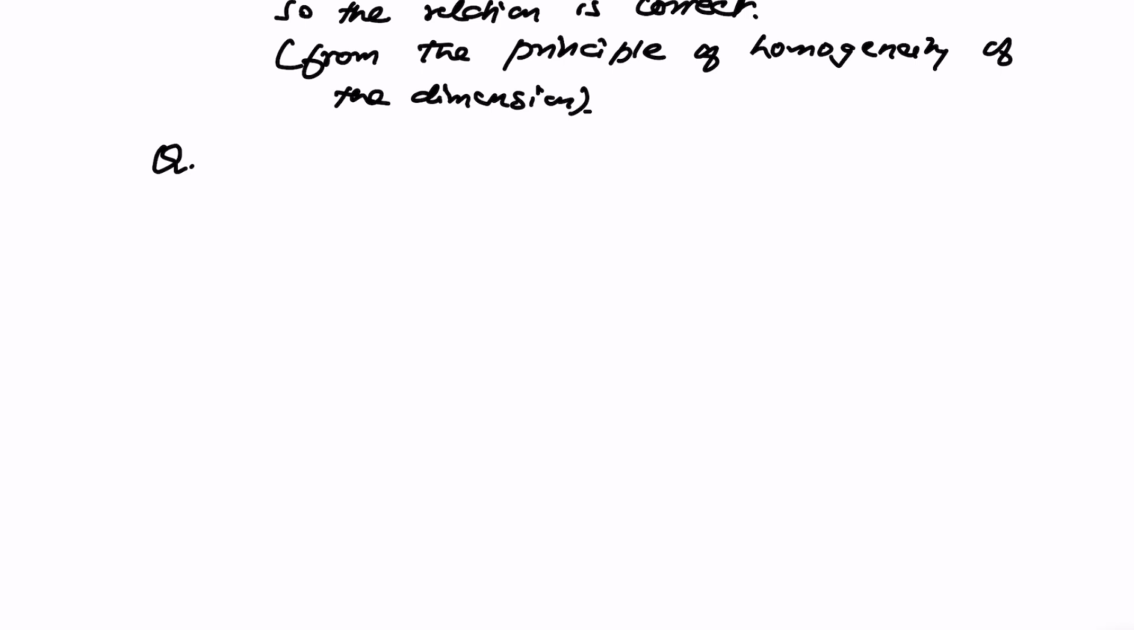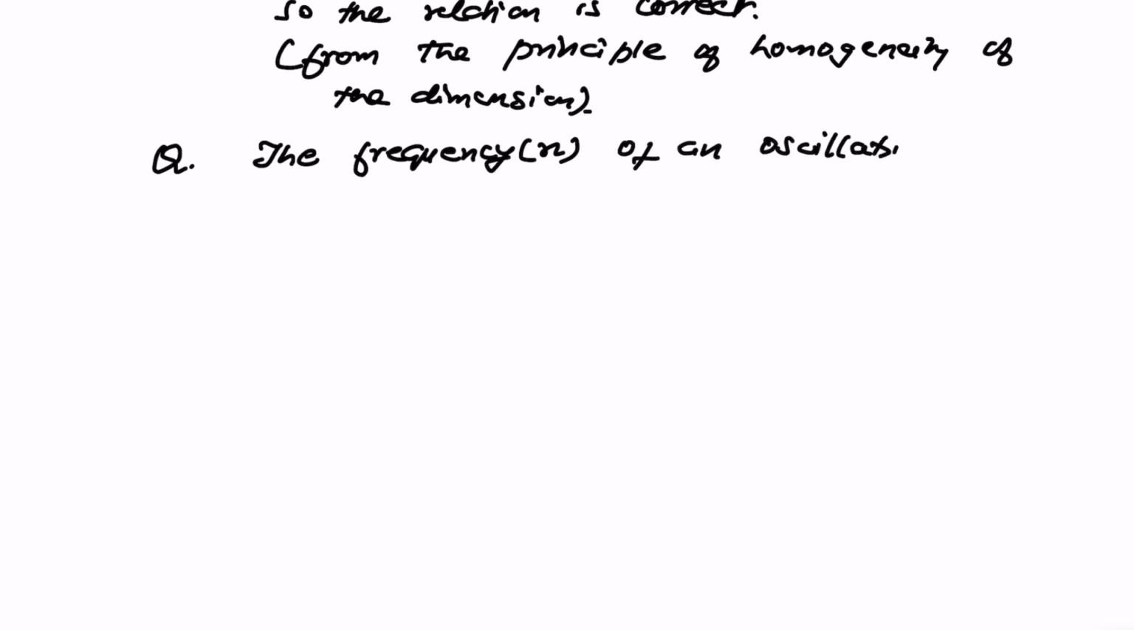The first use, that is to check the accuracy of a relation. Now we will do a question from another use. We are given that the frequency n of an oscillating drop, a drop which is oscillating,